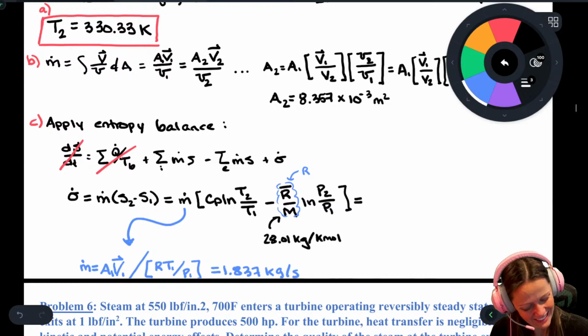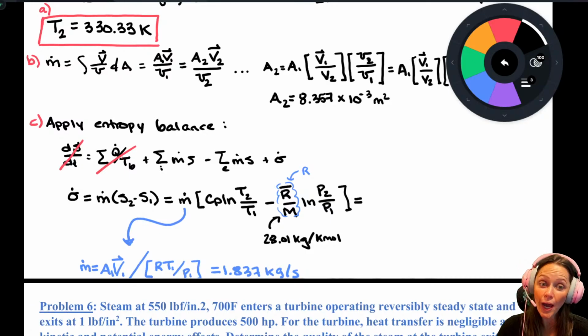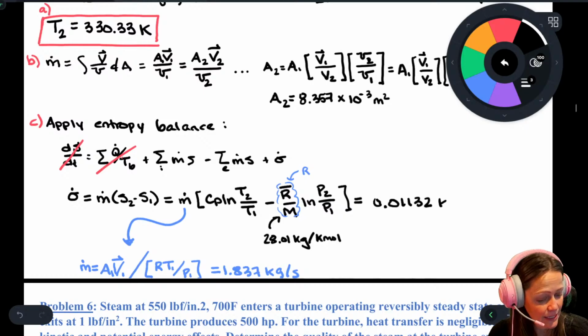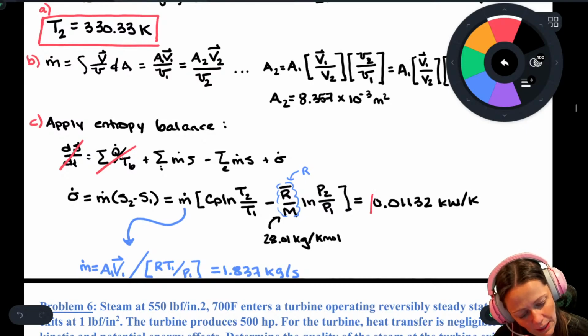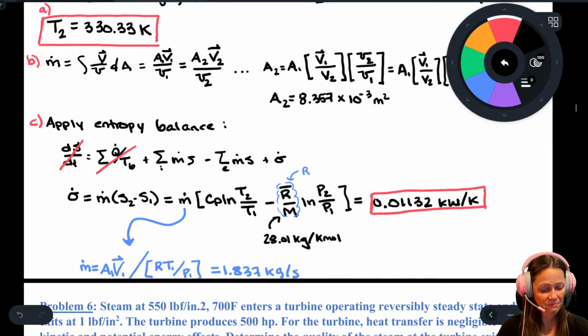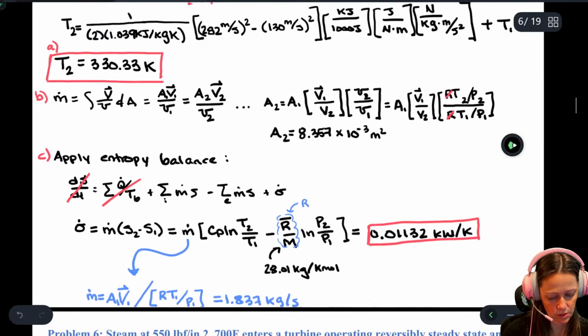Kilograms per second. Okay. So I guess that's it. We know everything. We're all good to go. And so when I plug in all of those things, I get 0.01132, and that's kilowatts per Kelvin. So I will box that, and then we are all done. So I'm actually going to zoom out just a little bit